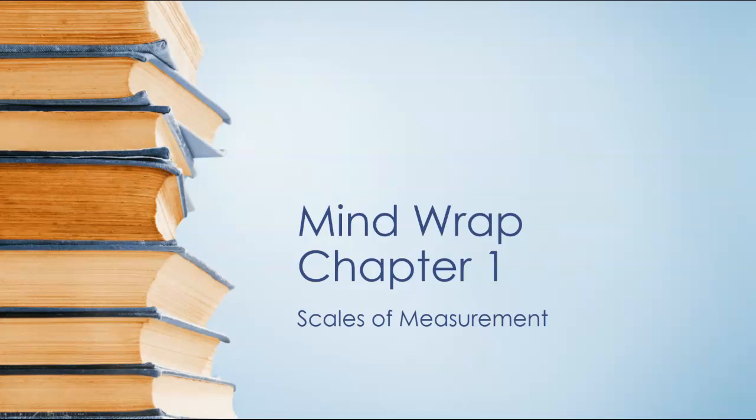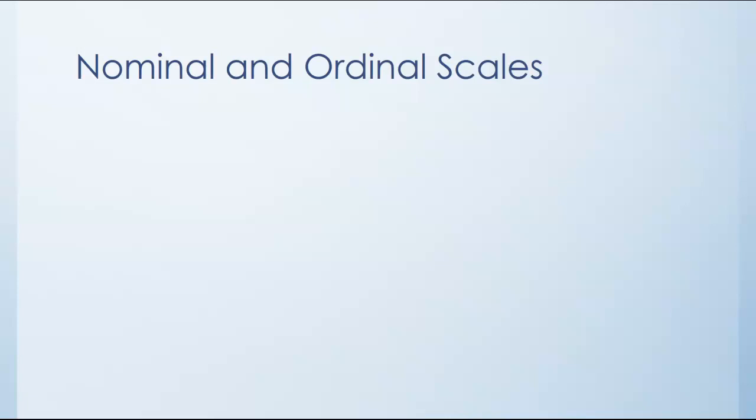So in this video, we're going to talk about scales of measurement. These are how we classify our variables. Now, we've talked previously about having variables be continuous or discrete, but what we're really going to talk about here is the 4 different major classifications that we choose our variables in. So the first thing we're going to talk about is nominal and ordinal scales, which are very similar but have